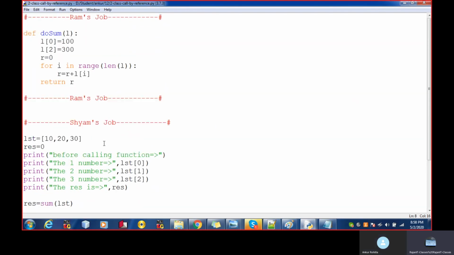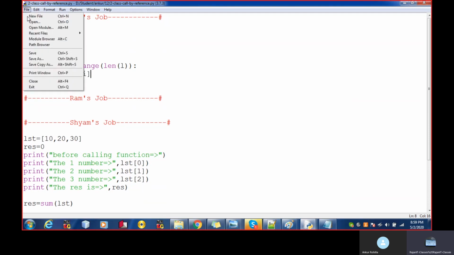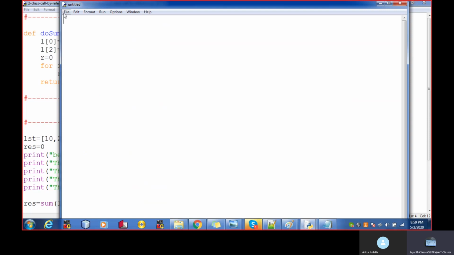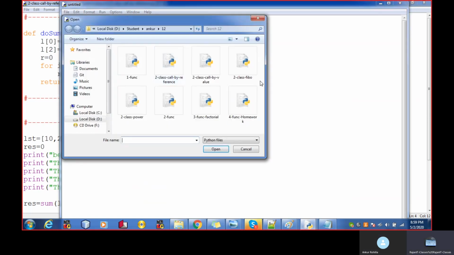We just completed this lecture in today's class as well. Let me open the other program, the one we discussed in today's class, Python 12. And actually this is the callback reference.